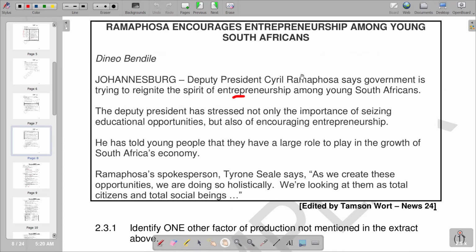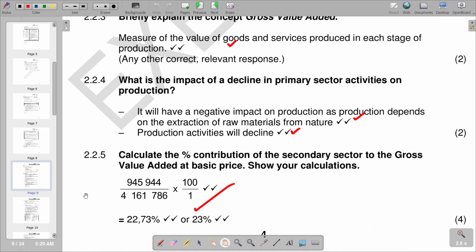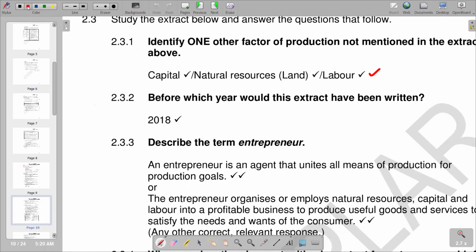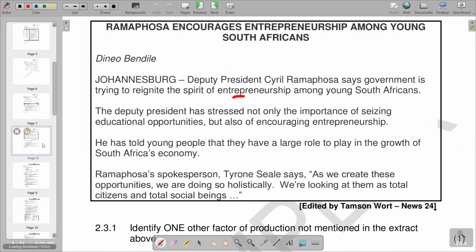And we know that Cyril Ramaphosa became president in 2018, so it's going to be before 2018. That's when Cyril Ramaphosa was the deputy president. So we are saying before 2018. So we have 2.3.2. There is our 2018. Then we go to the next part of our question, which reads,